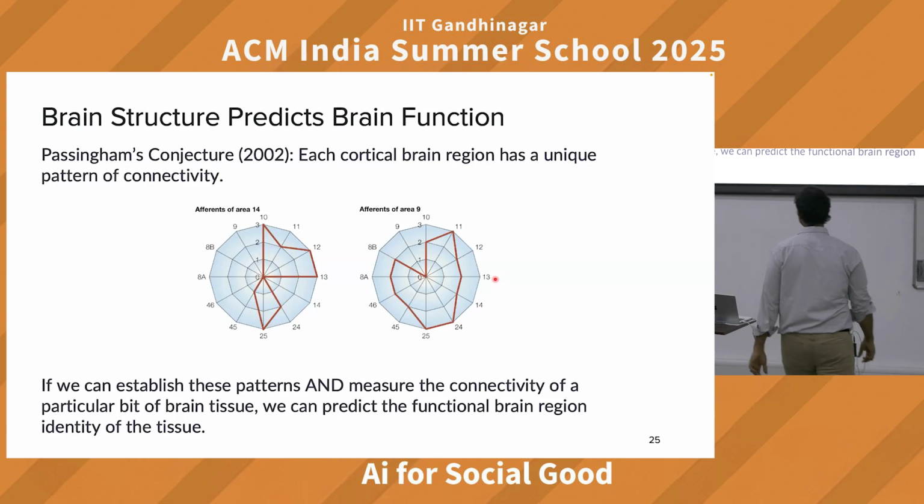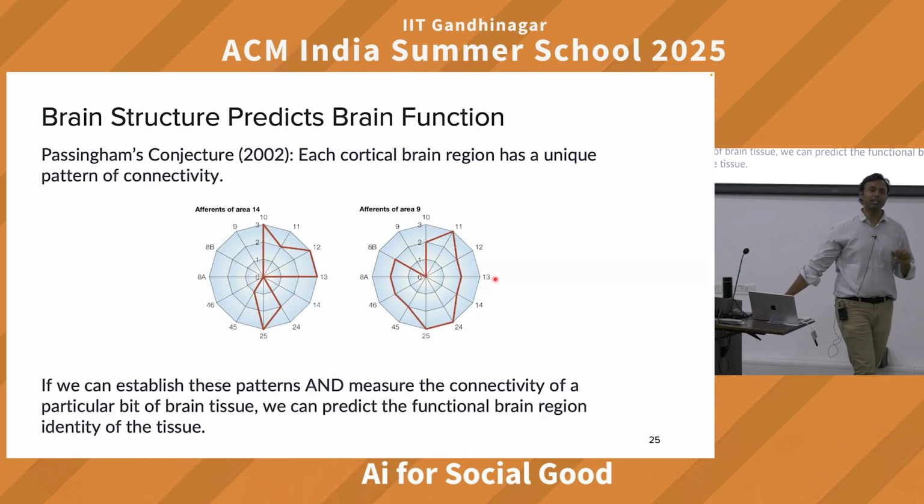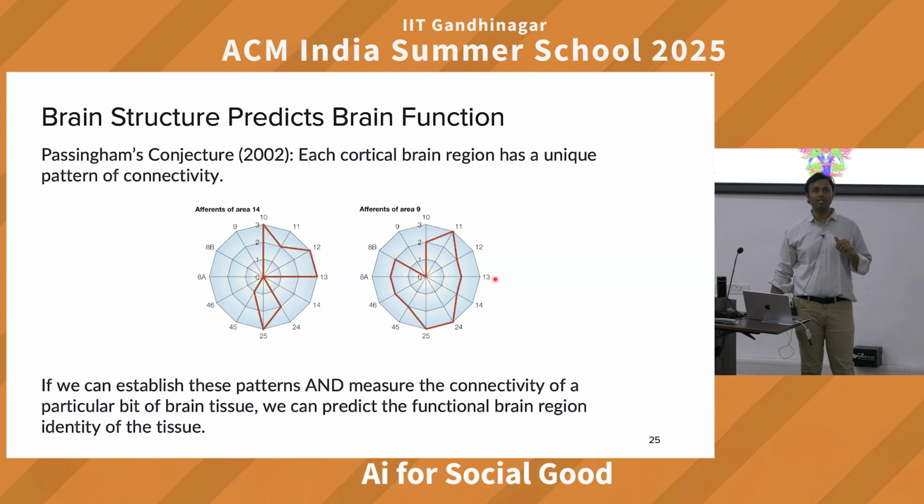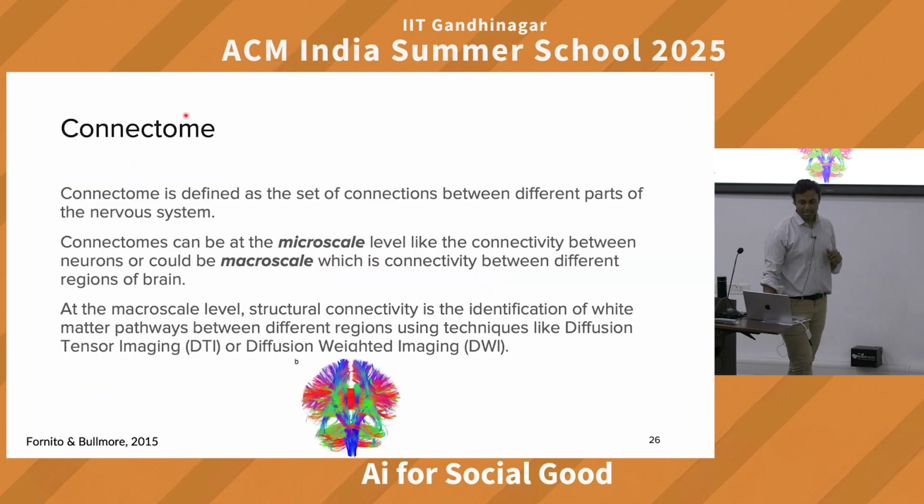So once we establish this connectivity, we can then make sense of what activity is there. We define this connectivity by this word called connectome. A connectome is a set of connections between different parts of the nervous system. Connectomes can be micro scale, like we saw for the fly, or macro scale, like what we see here. Here it is computed using technologies called diffusion tensor imaging or diffusion weighting. They are water pathways, tracts where water flows. They detect the amount of water signal in these brain tracts and estimate this connectivity.